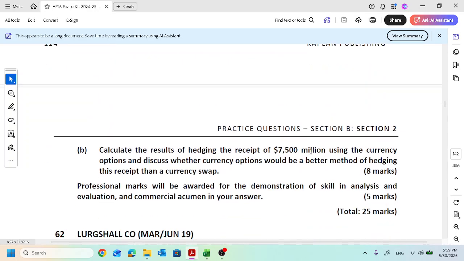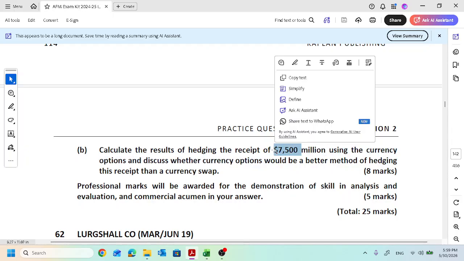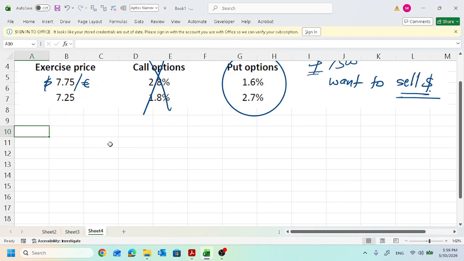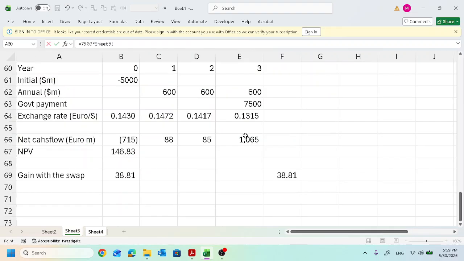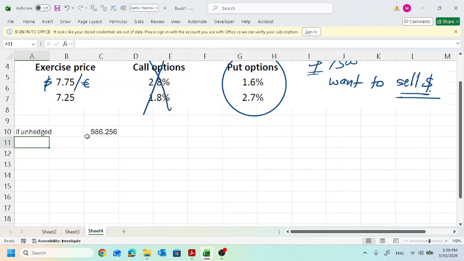Calculate the results of hedging the receipt of 7,500. Only this 7,500 they are talking about, no other cash flows. This is what I was searching for. Okay. So, if unhedged, what happens? 7,500 million you receive, and what is the spot rate? Spot rate is this, 0.01315. You will get this many euro million. Correct? Okay. Now, with the currency swap,